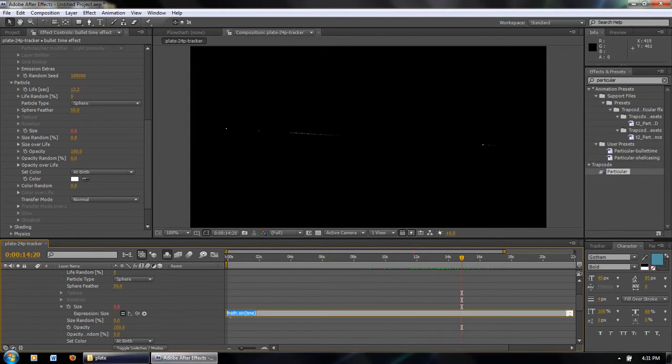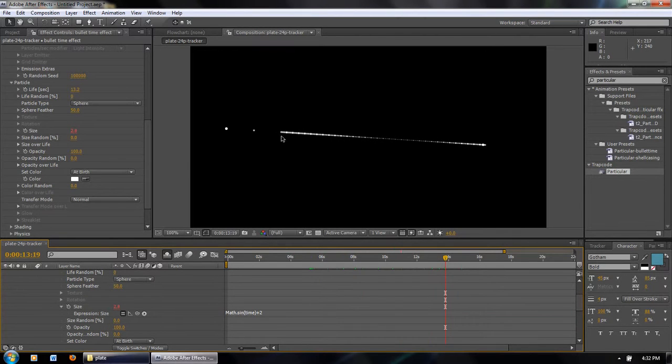Now, since sine oscillates from +1 to -1, and a particle can't be -1 in size, we need to at least make everything positive. So I'm going to add 2 to that. Now you can sort of see that the particle is big, and then it gets small, and it gets big again, and it oscillates. And so I can tweak these numbers a little bit more. Maybe I want to multiply this by 2